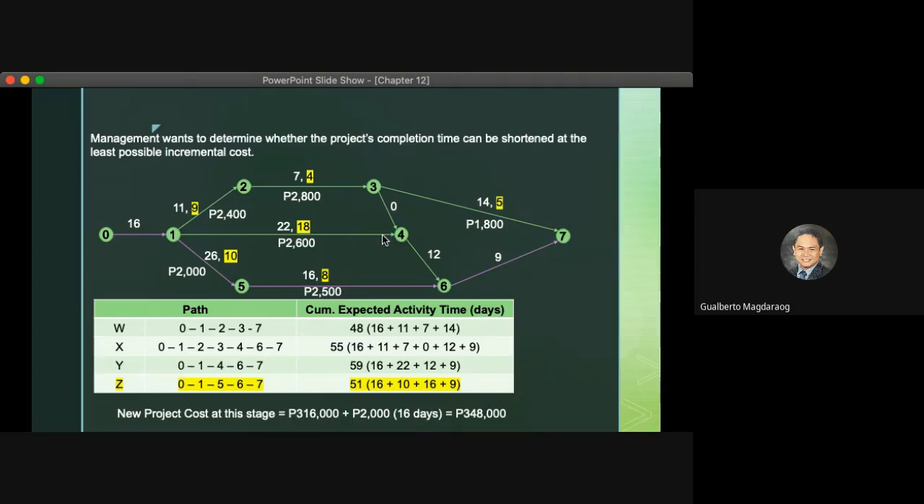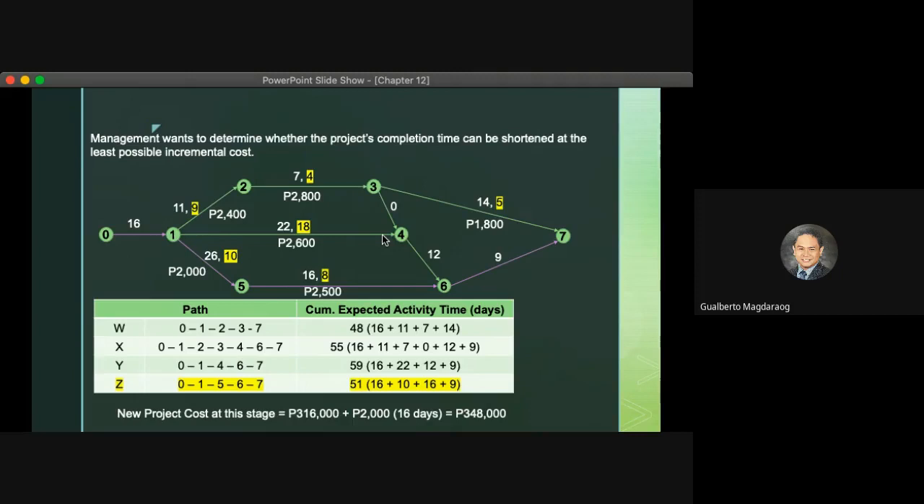You will add that to the original cost of 316,000. We will now have a total cost of 348,000. So we will be able to finish activity 1 to 5 in that period, but we will be incurring 348,000. Now doing that,